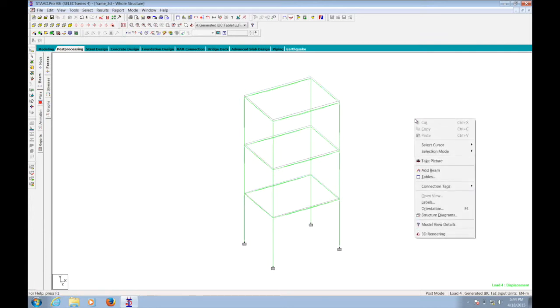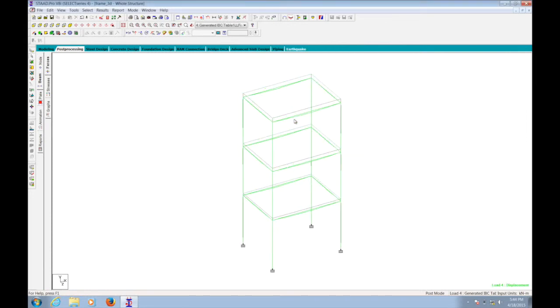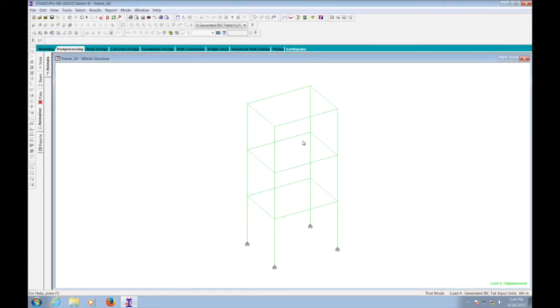I'll right click, labels, load values, apply, OK. Here if possible we can see the animation after deflection as well. Apply, OK. You can see the animation.